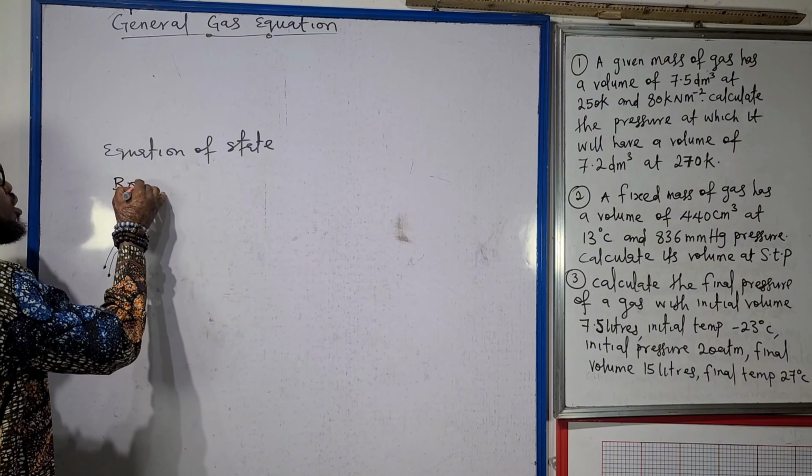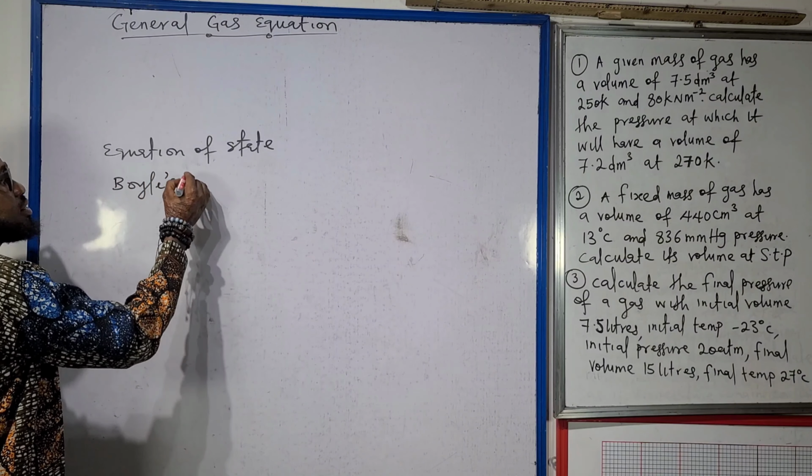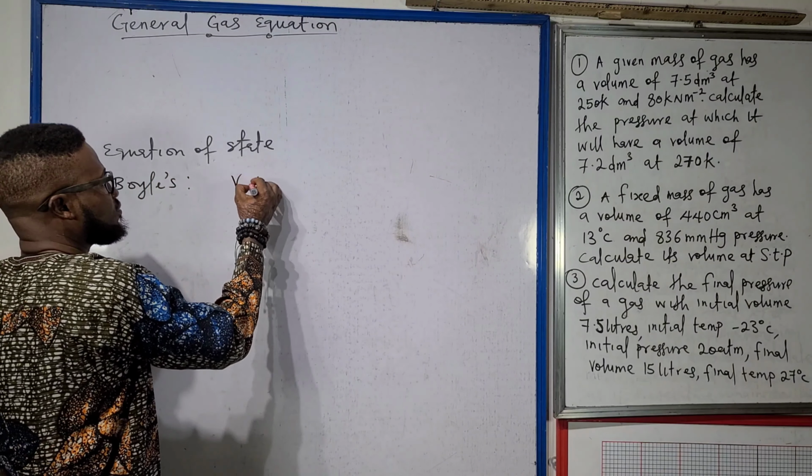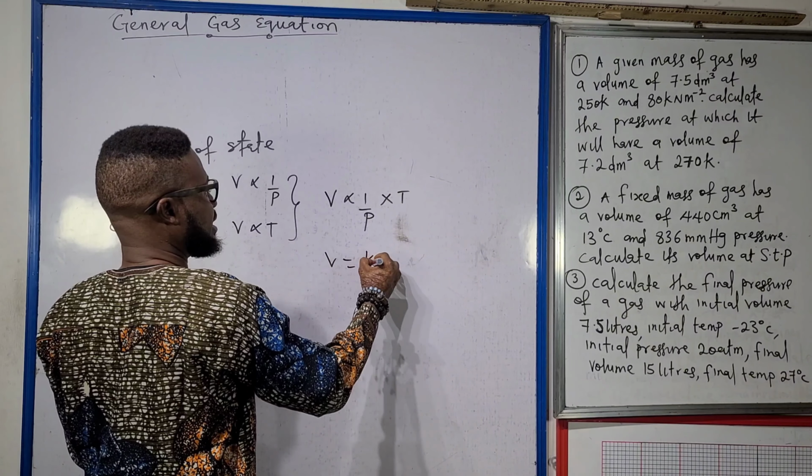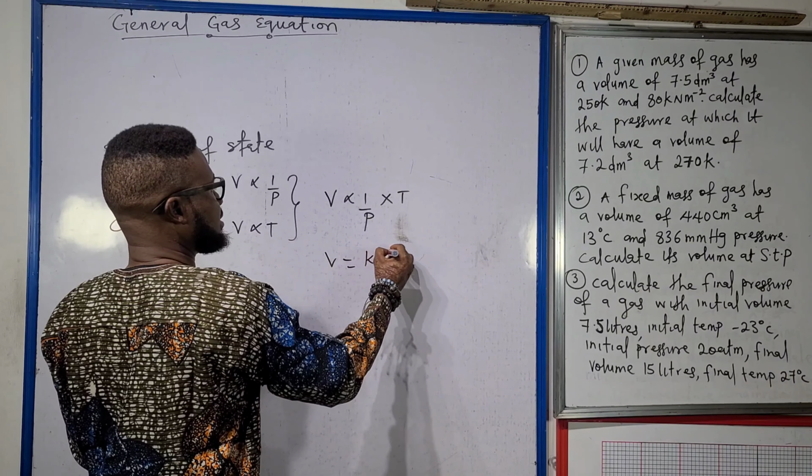Recall that Boyle's law states that volume is inversely proportional to pressure. And remember that Charles' law states that volume is directly proportional to temperature. Combining these two, we have volume inversely proportional to pressure and volume directly proportional to temperature. Combining this, we have V equals KT over P. The proportionality sign becomes a constant, and then you have your temperature, and of course pressure,